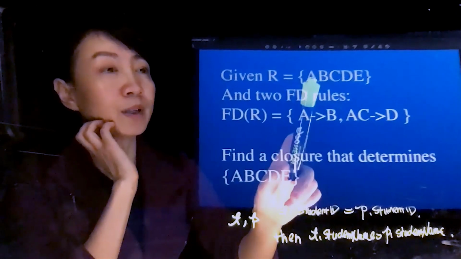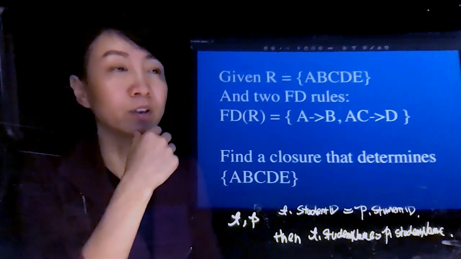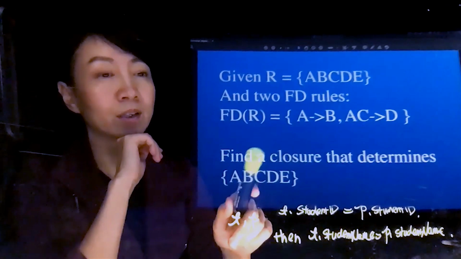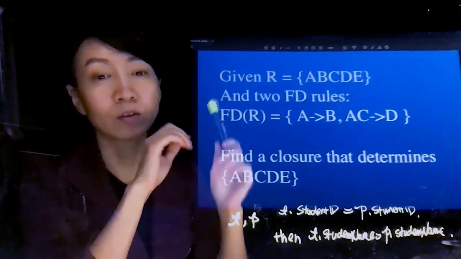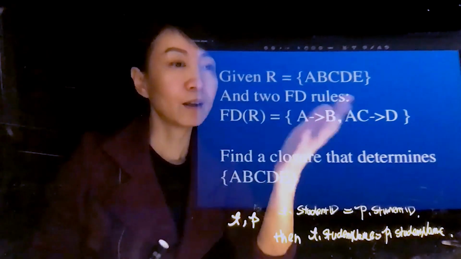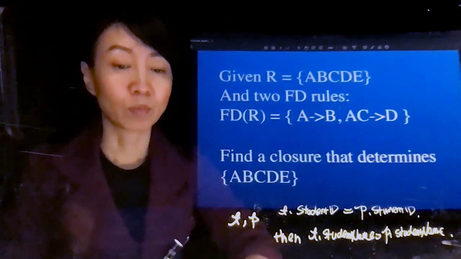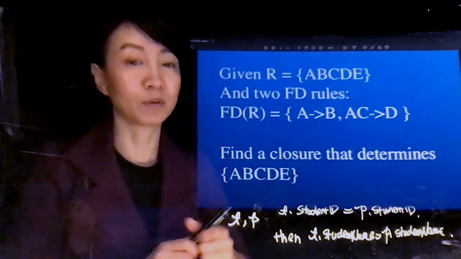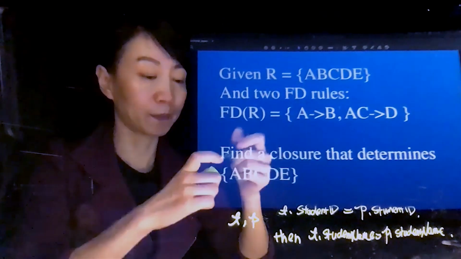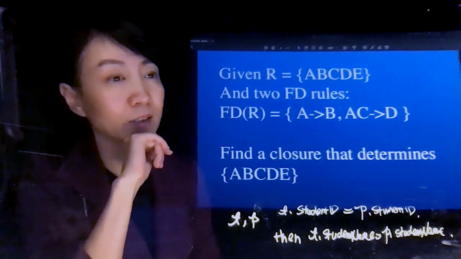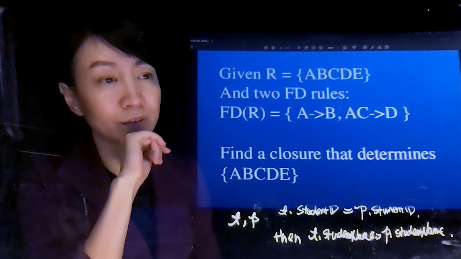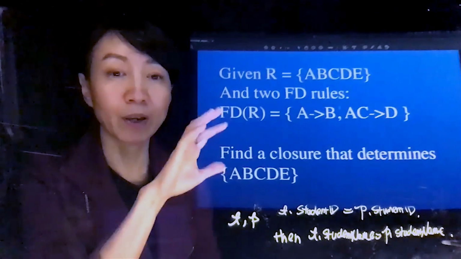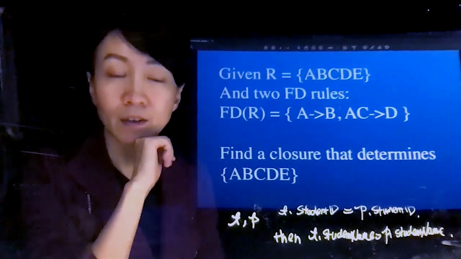Okay. With these 2 FDs, can you find a closure that determines A, B, C, D, E, the whole set of attributes? Here, actually, we can apply the properties from the previous slide. So let's do this just for fun, okay? So when you do this discovery of the closure, the smallest attribute set that can determine every other attribute, the entire set